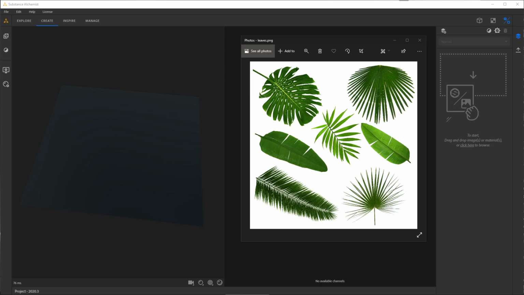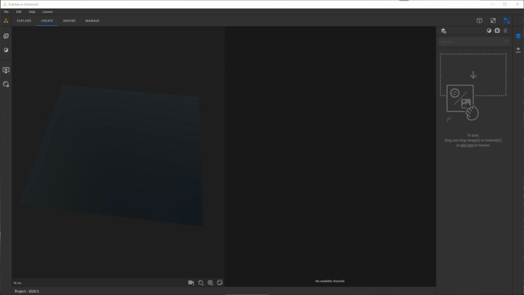In this video, we're going to take a look at the new Atlas generator and Atlas splitter node. So here you can see that I have this image, an atlas of leaves, and I'd like to create a material out of this. So what we're going to do, let me just minimize this, and I'm just going to simply take that image,